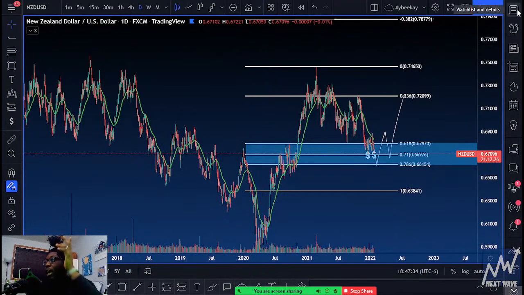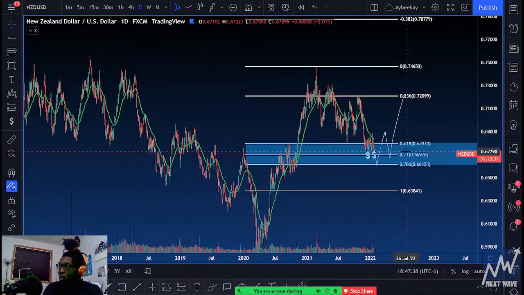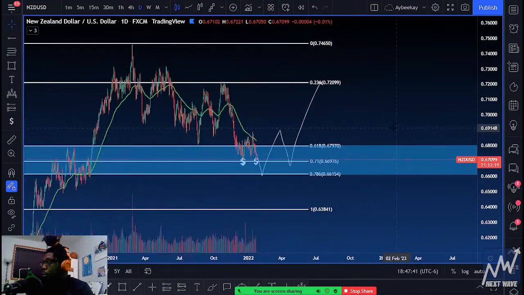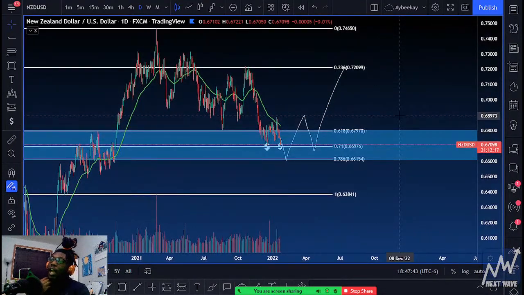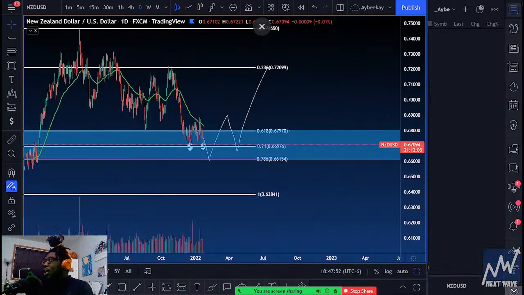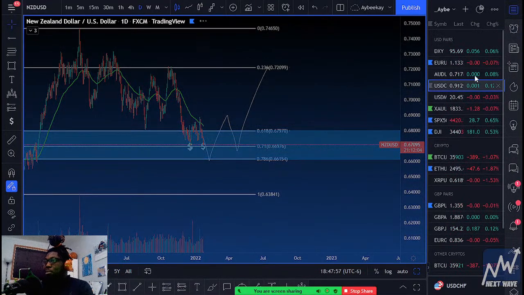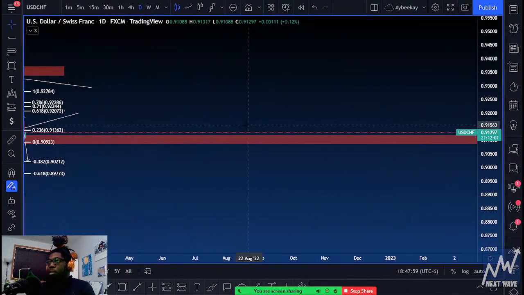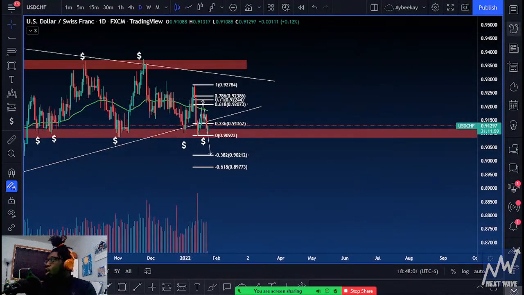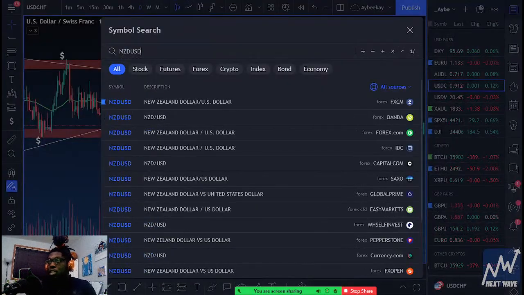it's either A, I try to get into a trade now and it doesn't go my way, which is probably 30 to 40% of the time, or B, I get in and price goes my way a little bit and I move my stop loss to break even, and then price ends up taking me out before going the way I want. And I don't like jumping back into trades after it stops me out, I would probably get upset at myself. So, oh wait, before I continue off of NZD USD, let me go back over here